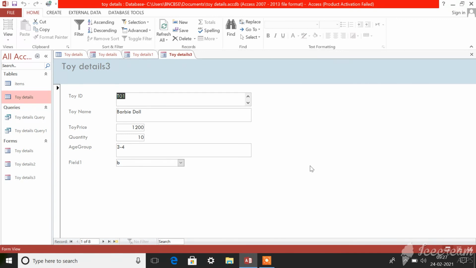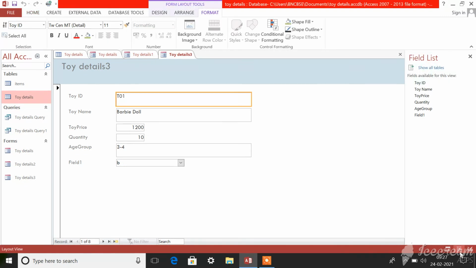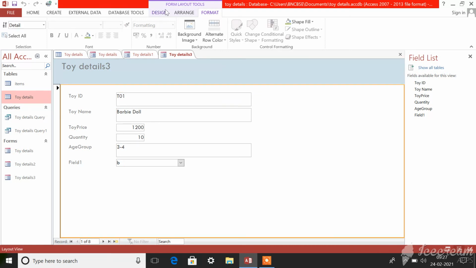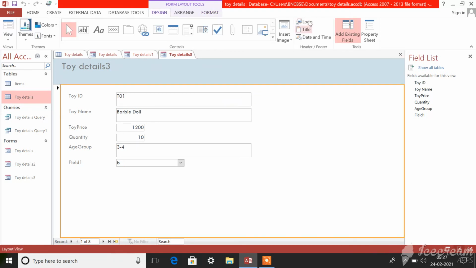So now also you can format your form by using this layout option. As I already told you how to format it, isn't it? So formatting options like selecting the logo, title, date and time for your form, everything you can do for this form also. Okay, you understood dear children how to create forms by using these 3 options? I hope you are clear with this. I want all of you to try this out in your house today. Okay, don't forget to try, only then you can remember.